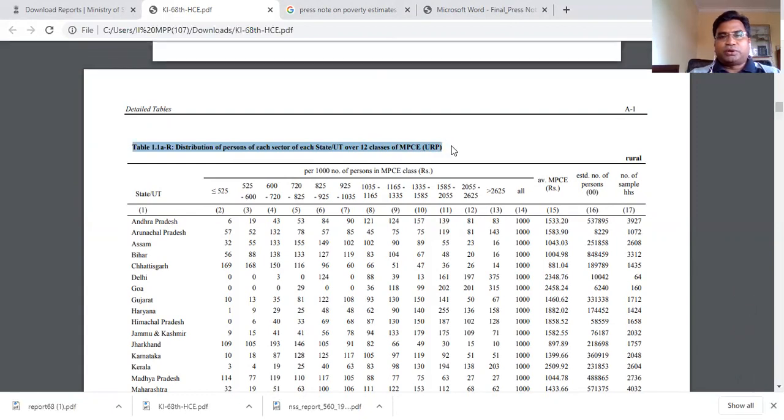MPCE URP. Now if you want to look for MPCE URP, then you need to know where this variable is. If you remember correctly, fine; if you don't remember, go through the questionnaire once again. The questionnaire will indicate in which level the variable is there.